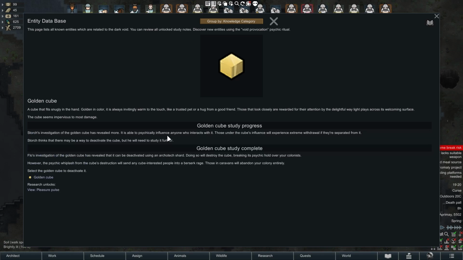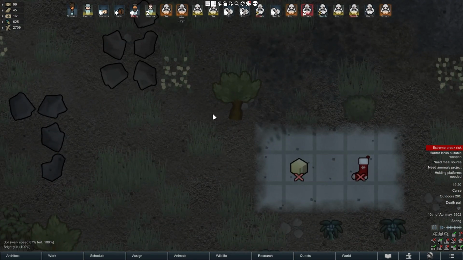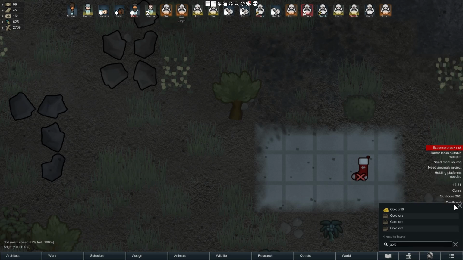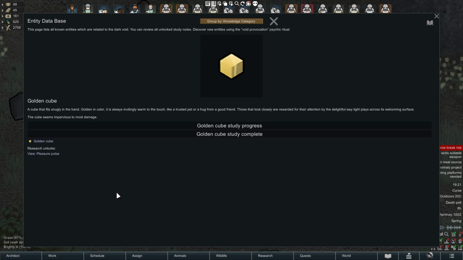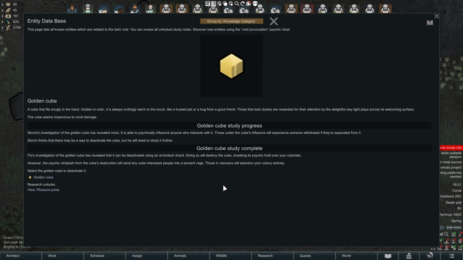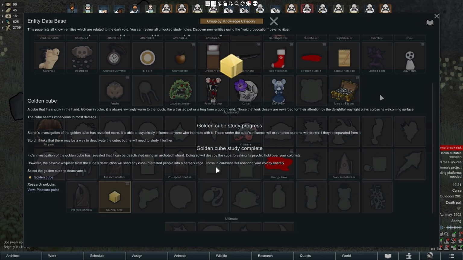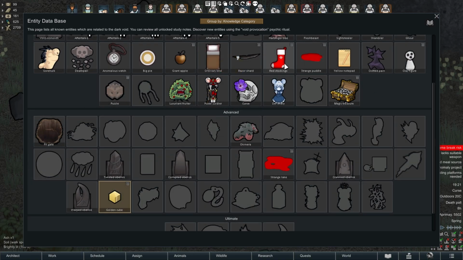In the vanilla game, you lose access to study notes if you delete or lose the anomaly from your map. But Entity Database will synchronize with this anomaly, so even if it gets lost, you can always read it through Entity Database. Let's showcase it by deleting the cube. As you can see, the cube is gone, and all its study notes also. Of course there is an option to find letters in the history, but it can take ages. So just open Entity Database, click on the cube, and you can read it right away. Anytime, at any moment.